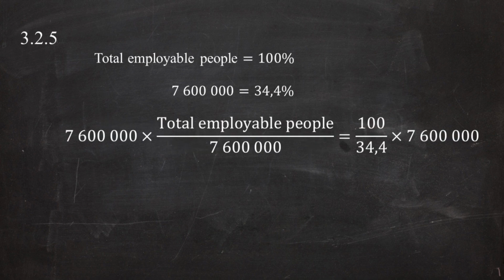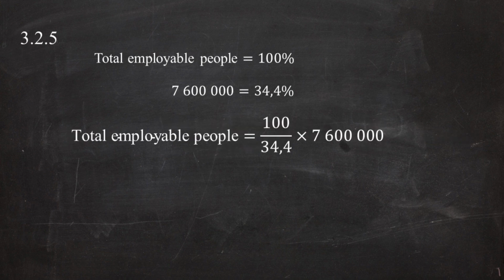Now multiplying both sides of this equation by 7,600,000 will give us an equation that simplifies to the total number of people that can be employed in South Africa in quarter 2 equal to 100 divided by 34.4 multiplied by the number of people that were unemployed in quarter 2 of 7,600,000, and this equals a total number of people that has the potential to be employed in quarter 2 of